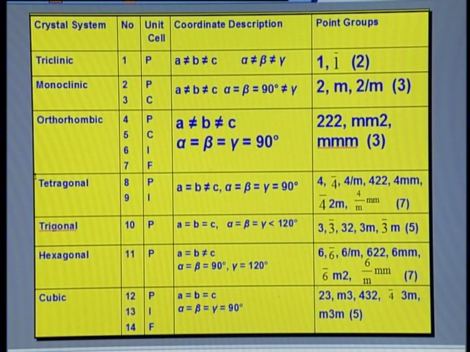So, for example, cubic, just now I have shown you this example, primitive, body centered and face centered. They belong to the cubic class, where a is equal to b is equal to c, and alpha is equal to beta is equal to gamma is equal to 90 degrees, and there are 5 point groups here. A particular type of notation is used here for representing the point groups. Already you are familiar with this notation, because 1, 2, these numbers, represent the axis of symmetry. M represents the plane of symmetry, and for example, you take the tetragonal system.